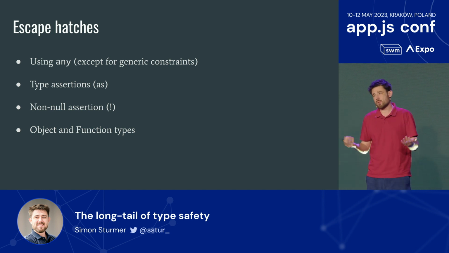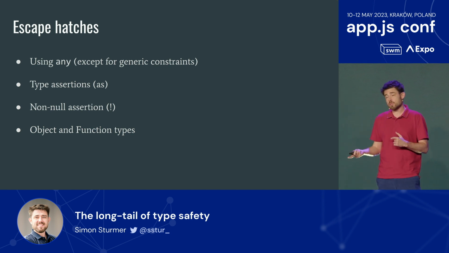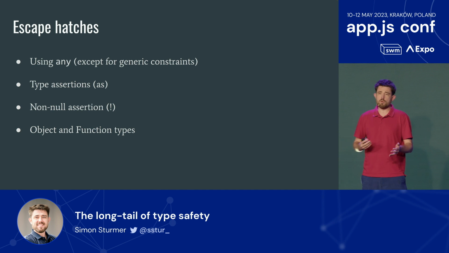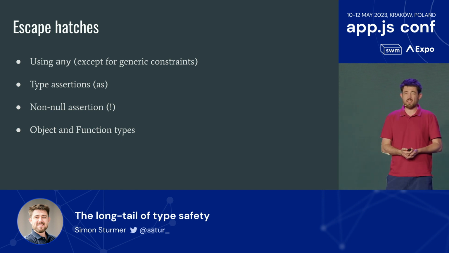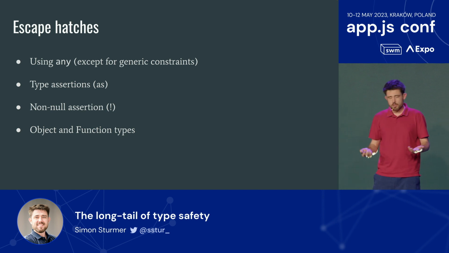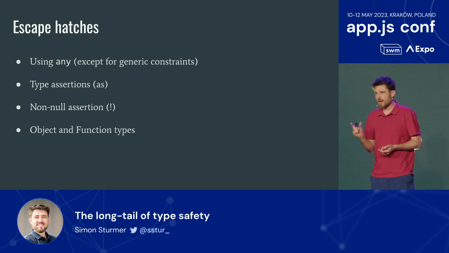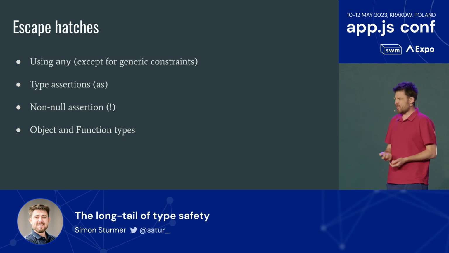Using any is kind of the obvious one, right? Everybody kind of knows any is bad. We have unknown, which is the type-safe variant of that. Type assertions, I think folks, especially more junior engineers, don't realize that a type assertion, when you say something like x as User, doesn't convert anything to a user, right? It's really just telling the type system, hey, I'm going to override your opinion about this and tell you what this thing should be. Non-null assertion, you might not have heard of this one, and if you haven't, great, because it's a little bit type unsafe and probably good to avoid. And then we have these strange types that you don't see super often, like Function with a capital F. If you type something as Function with a capital F, it'll let you do things that you probably shouldn't be doing. We have better types to do that.